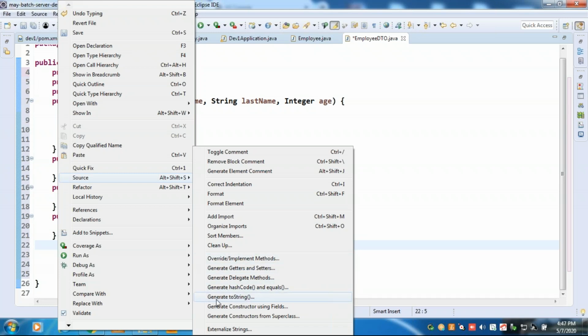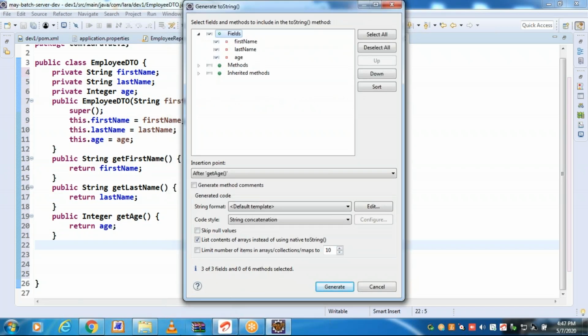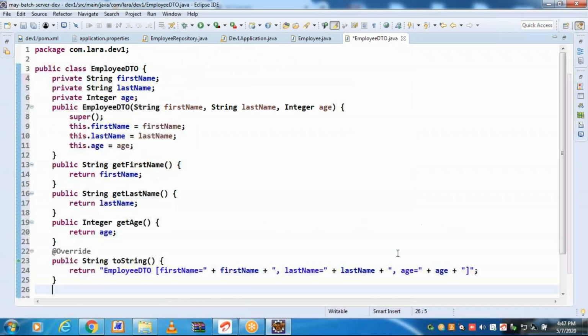Generate toString. By using fields, already fields is selected, click on generate. Automatically Eclipse generated toString method.